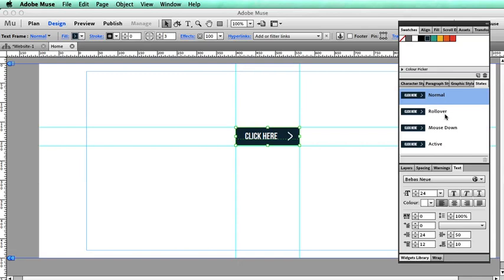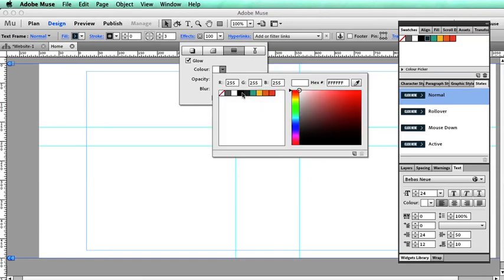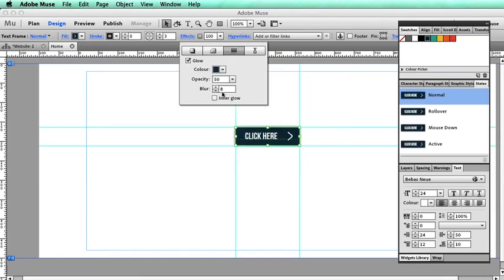So the first one we're going to change is the rollover state, or the normal state actually. So I want the text to be white, but I want that arrow to be 50% white. And how I'm going to do that is I'm going to click on the effects panel, use glow, and then I'm going to use the same color as the image itself. I'm going to set the blur to 250, which is the maximum blur, and you'll see what this does now. And then I'm going to choose the opacity to be 50%, because we want to knock that back by 50%,